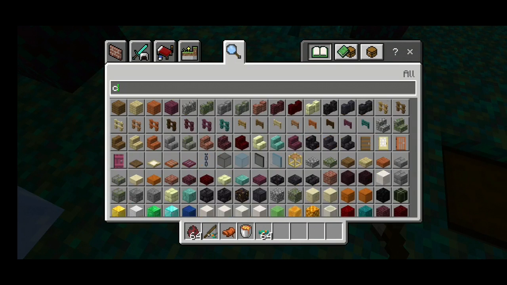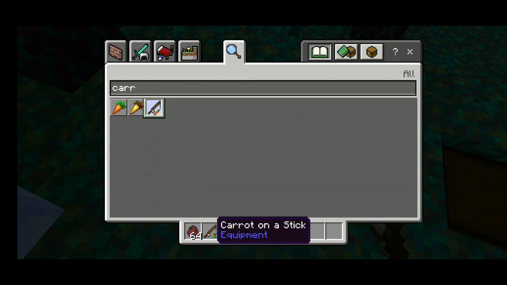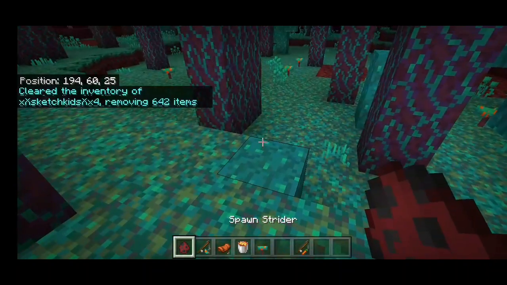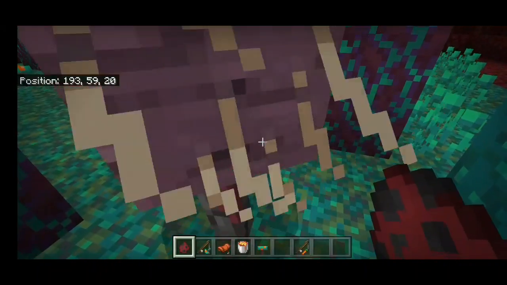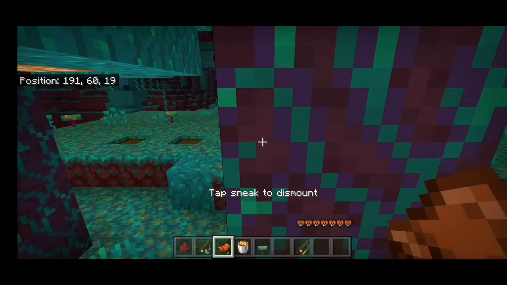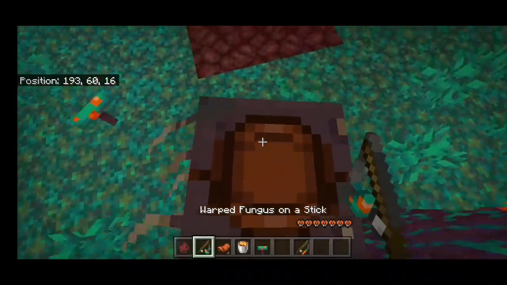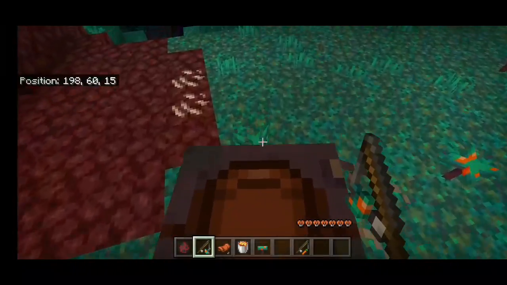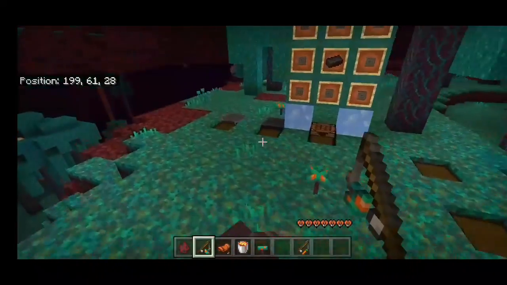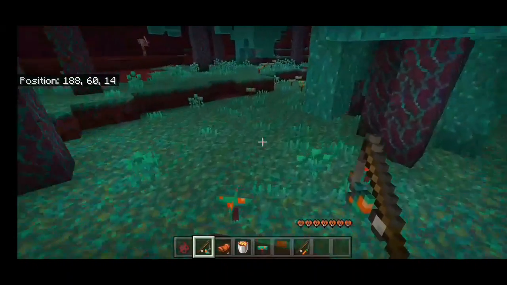So I'll get a carrot on a stick, just as well to show you this. Now if I get a Strider, yoink, hey. Now if I get a saddle and right click on him and then right click again, you can ride them. They're like pigs, so if I get a warped fungus on a stick, which you make the same way as a carrot on a stick, just with a warped fungus, he'll follow around, and if I right-click again, he